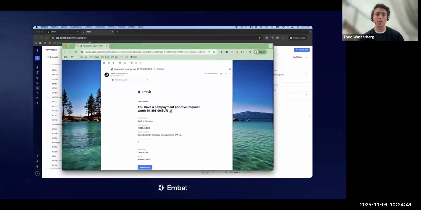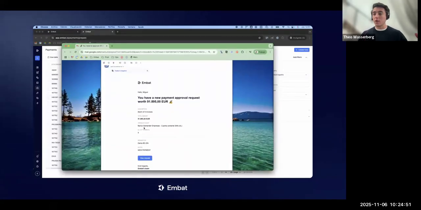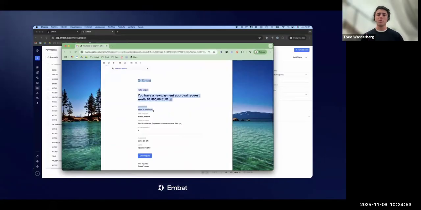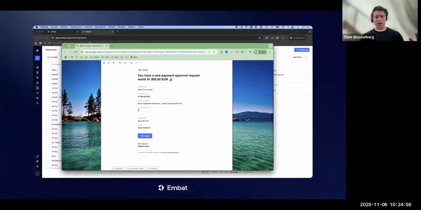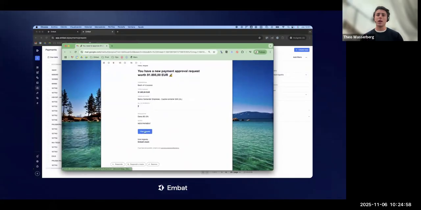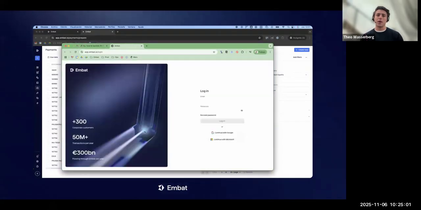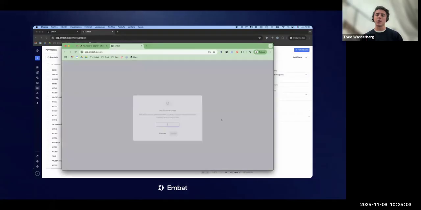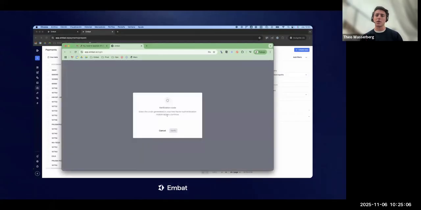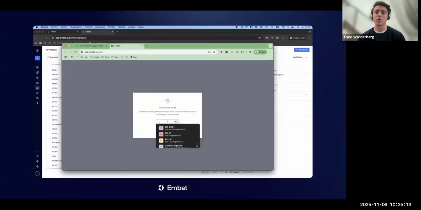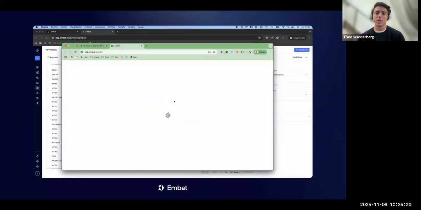And I just want to show you what you'd get as an approver here. I'd get an email saying, hey, you've got an approval. We don't charge for users, so this can be as many people as you need in the business. And they can see the batch and they can go into Embat and they will log in and see the request that you would expect. Now, it requires a two-factor authentication because it's payments. There's obviously a lot more security here. And so on my phone, the text was coming through with the two-factor authentication. And if I type that in, it'll take me into the system.